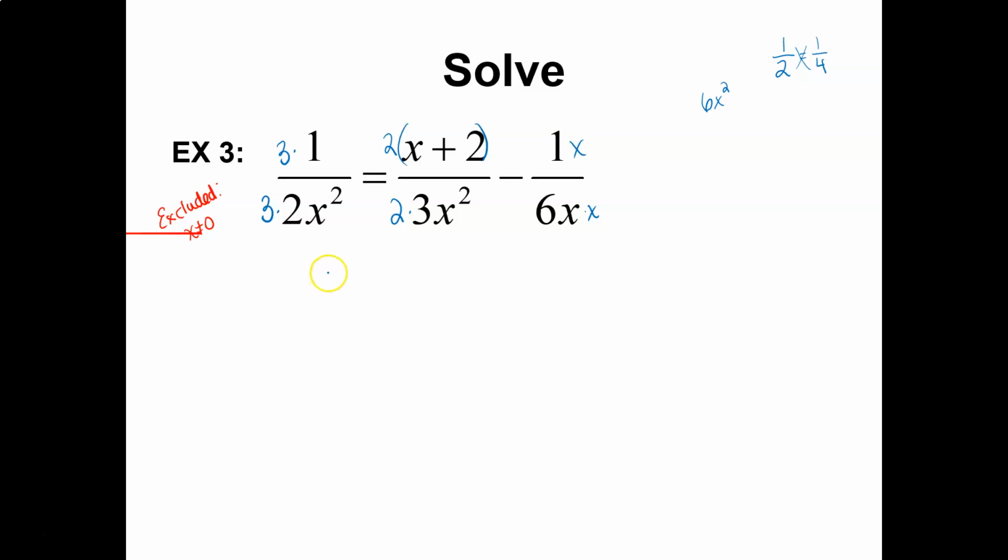So this is going to give me 3 over 6x squared equals 2 times x plus 2 over 6x squared